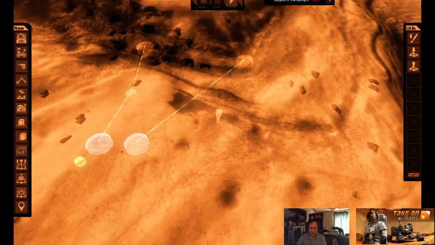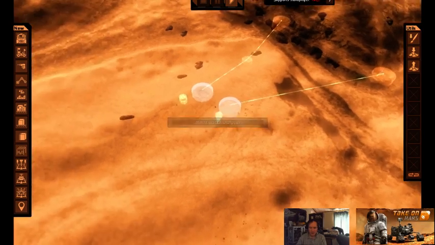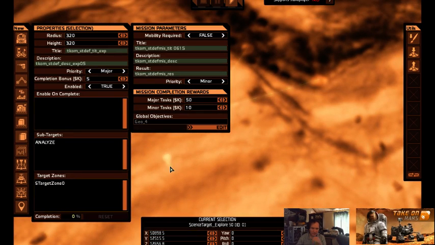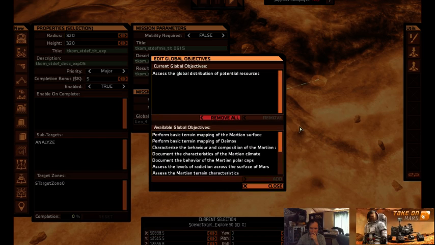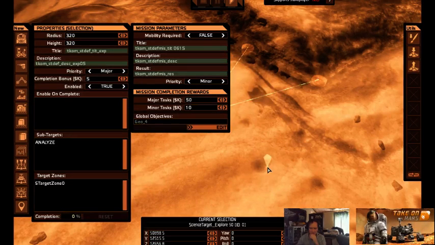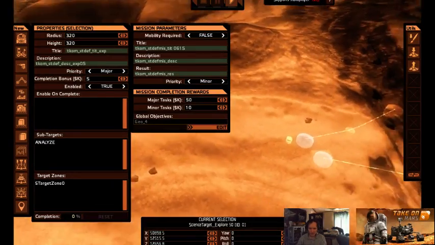So maybe when I go into the file itself, if I save this, that's where there's some information that I could put in here. There's global objectives. I don't know. Let's just run it and find out what we've got here, and make sure that my character